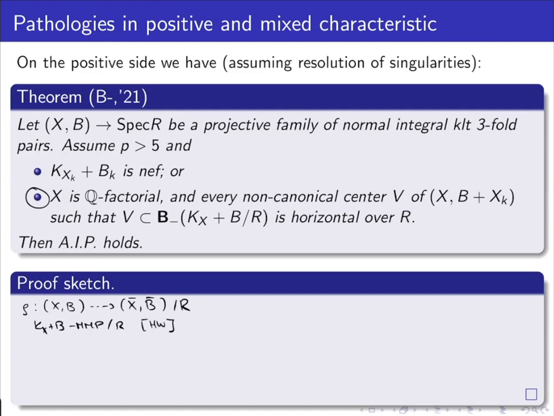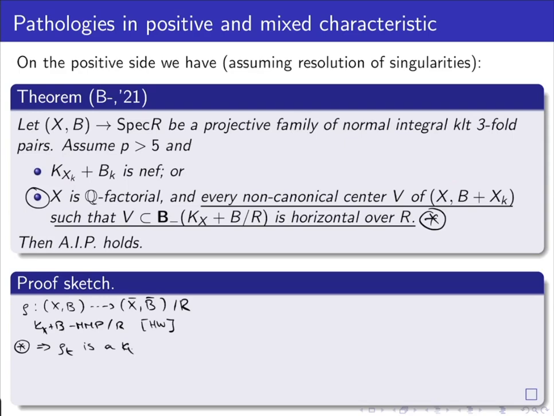And so because of this condition, the reason we have to put this condition is really essential. This implies that ρ_t is a K_{X_t} + B_t MMP for all t in Spec R. So this relative MMP is actually an MMP in family. Okay. So the MMP preserves,